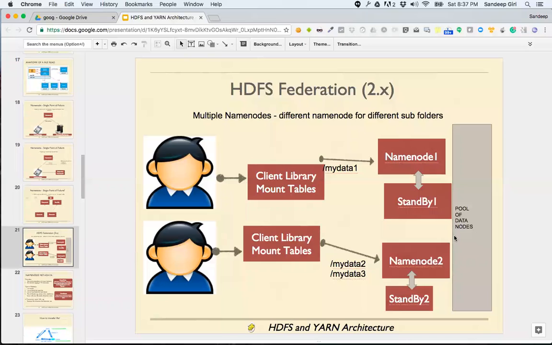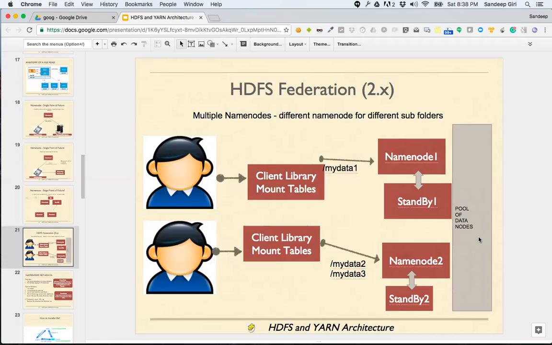Okay, next question from Jamil. So if we have thousands of data nodes, do we need to maintain mount tables in all data nodes? All right, very good question, Jamil. Answer is yes. Answer is yes. That's why manual installation of Hadoop is generally not recommended. That's why we use things like Ambari, which reflect the same configuration across the cluster. Very great set of questions. Please pay attention to the questions because these are very important questions.